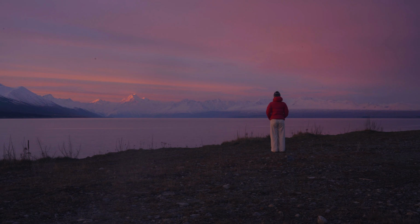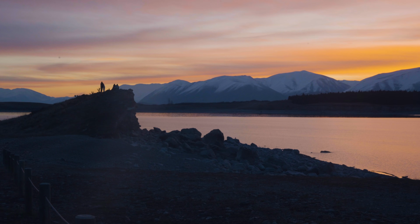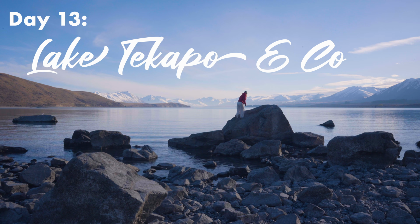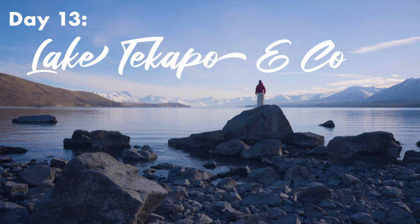This entire area you can freedom camp around. It's one of the few places you can. It is my favourite spot to camp in the whole country, and if you're lucky there will be a great sunset while you're here. On day 13 you'll be driving from Mount Cook through to Christchurch, meaning you get to